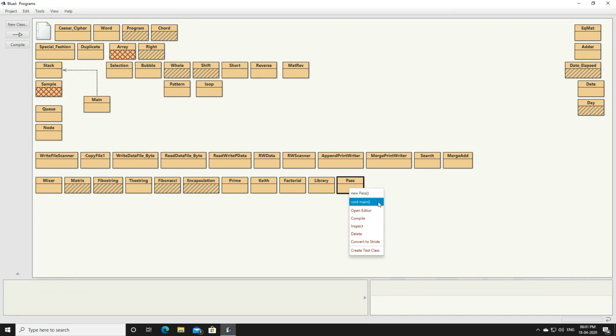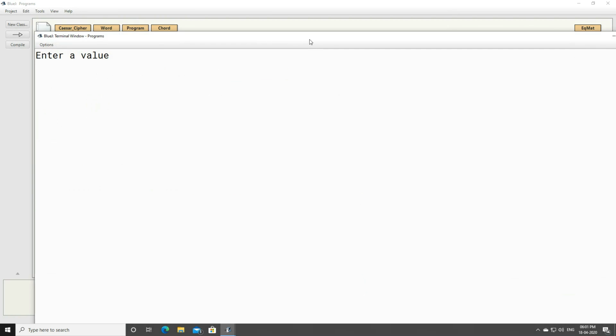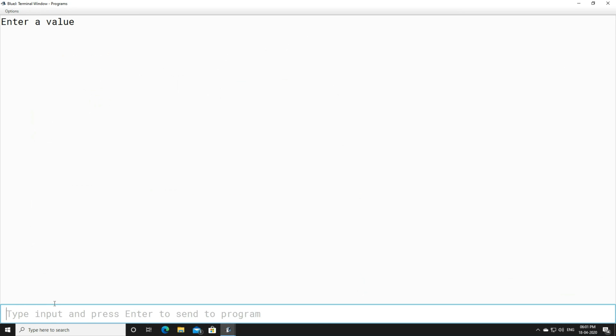Now we'll execute it. We'll click on the main method. When you click on the main method, you will be asked to enter a value, because from the main method we go to the input method. Within the input method, a Scanner class object is created. Then we are asked to enter a value, and whatever value we enter here will get stored in a variable. Just try to recall which variable this 14 is going to get stored in, that is a. Once it is stored in a, then we are passing it to which method? The print method, right?